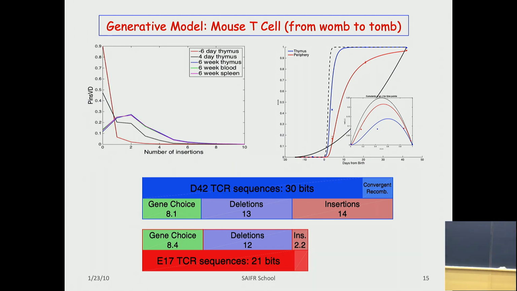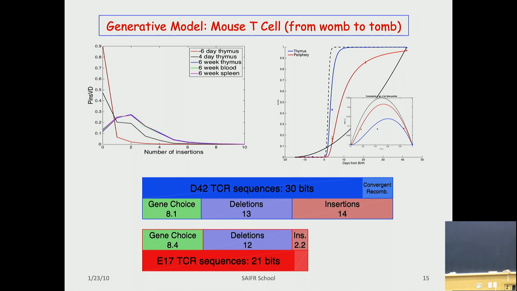Okay? Mouse is a lot smaller animal. It has about 1,000th the volume of blood that we have, and therefore roughly 1,000th the number of total T cells. So it's perhaps reasonable that it should have a less diverse immune system. But the thing that I just wanted to point out is that if you perform this kind of analysis on